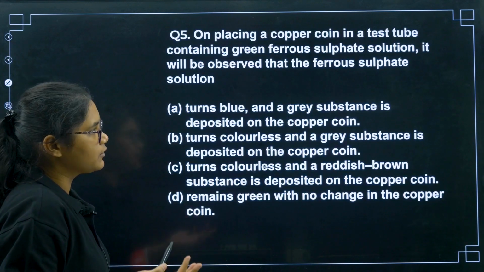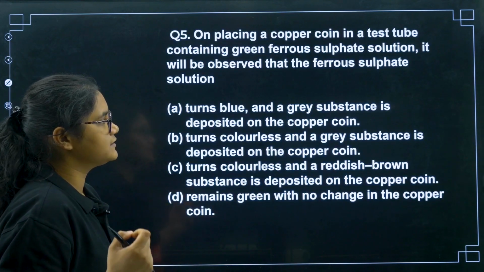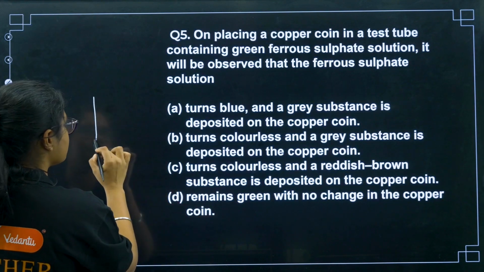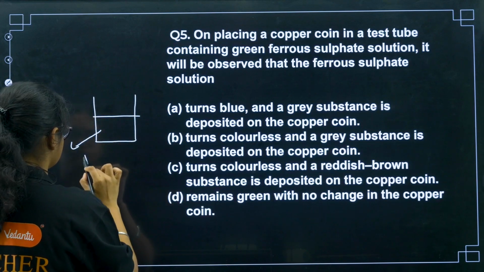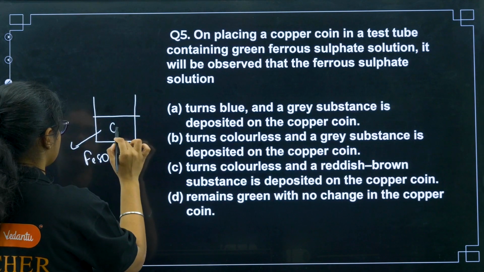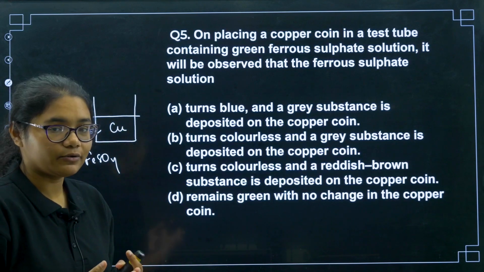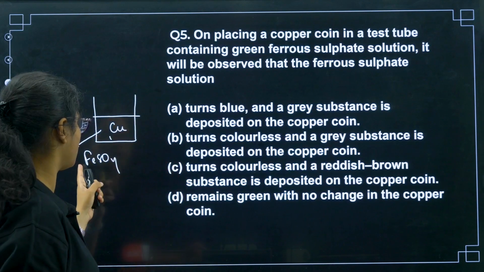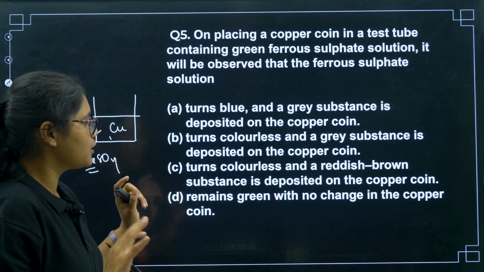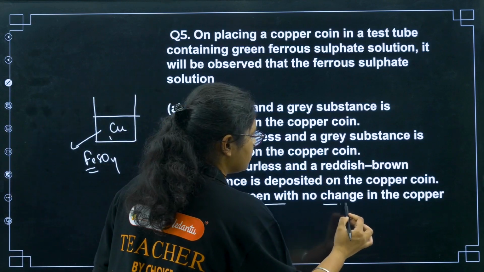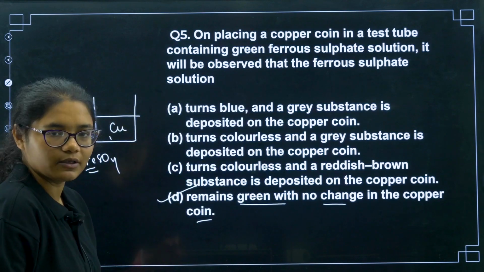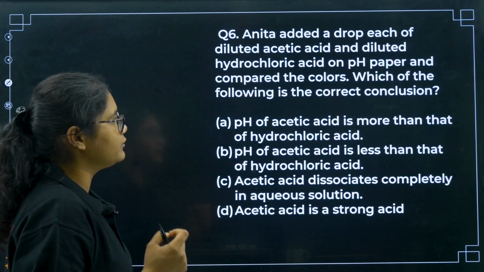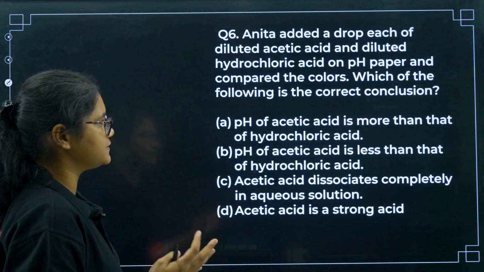Next, on placing a copper coin in a test tube containing green ferrous sulfate solution, what will be observed? So you have ferrous sulfate solution, and you are taking copper in that. We know that iron is more reactive than copper, but copper is less reactive than iron, so copper will not be able to replace iron from here. So what will happen? There will be no change, the solution remains green with no change in the copper coin, option number D. Next, Anita added a drop each of dilute acetic acid and dilute hydrochloric acid on pH paper